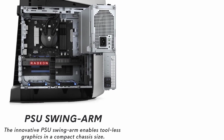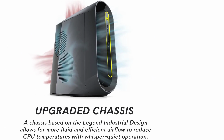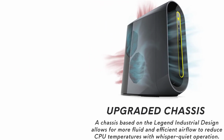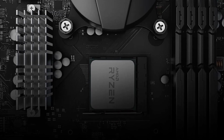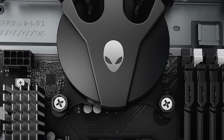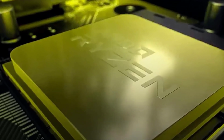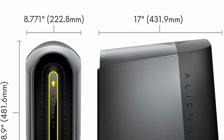It has 8GB of RAM, which you can expand later as your needs change, a 1TB HDD for plenty of storage space, and an NVIDIA GeForce GTX 1660 Ti GPU. However, just because it's an older graphics card doesn't mean it can't keep up with the latest games. For an extra $98, you can upgrade to the NVIDIA GeForce RTX 3060. If you have extra cash, you can add a secondary, solid-state drive for faster program launching and boot times for